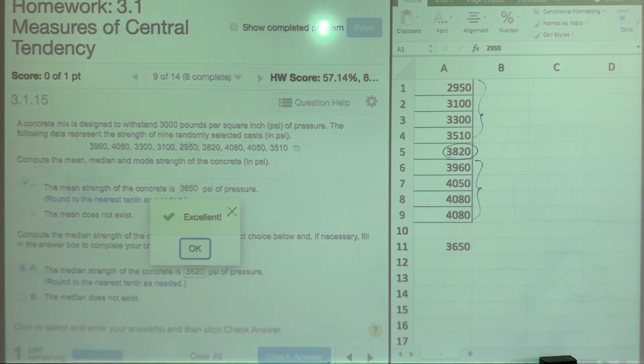Now I'm going to give you a little shortcut. Okay, ready for the shortcut? You don't even have to sort the data set. Equals, watch, median. If I select the first cell and the last cell, whether it is sorted or not, it will automatically do it for you. You guys follow? But, of course, I wanted to teach you how to do it first. And there it is.